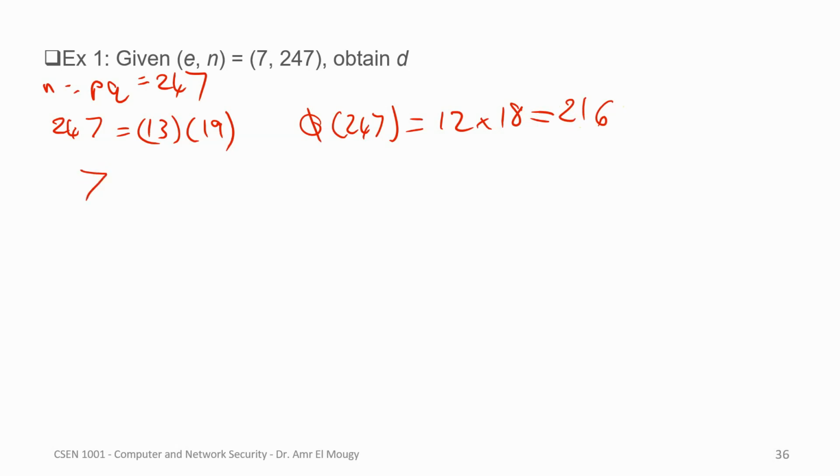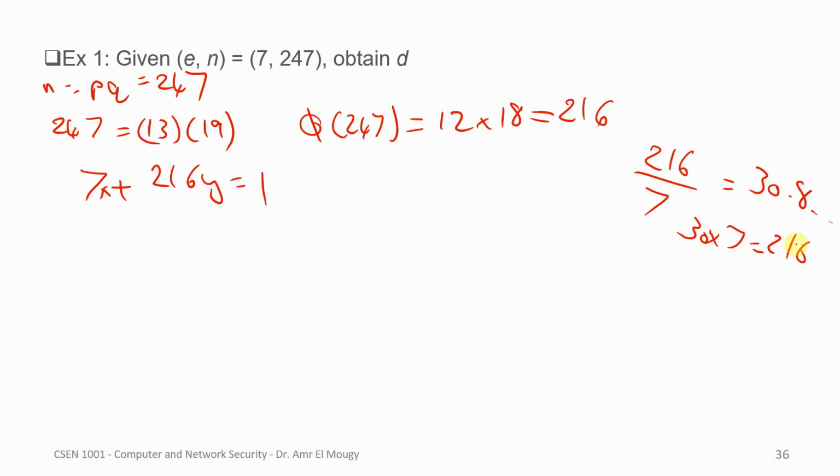7x plus 216y is equal to 1. This is actually what we are trying to solve, 7x plus 216y. So as usual, what do we do? First, we divide 216 over 7. Okay, so 216 divided by 7 will get you 30.8 something. We don't care about what is the rest. So now 30 by 7